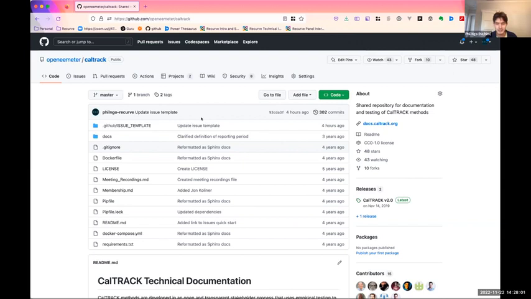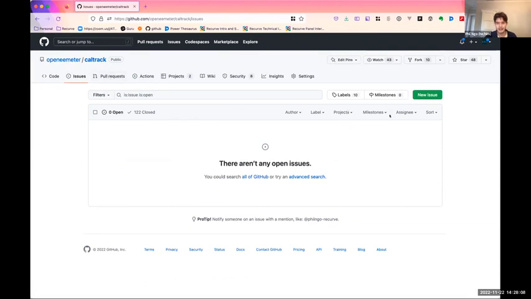For those of you that participated in this process before, we relied heavily on the issues section of GitHub. We'll be doing that again. I've closed out all the issues that had been open previously, so that we have kind of a blank slate to start with here. So let's talk about what an issue is and what a pull request is.